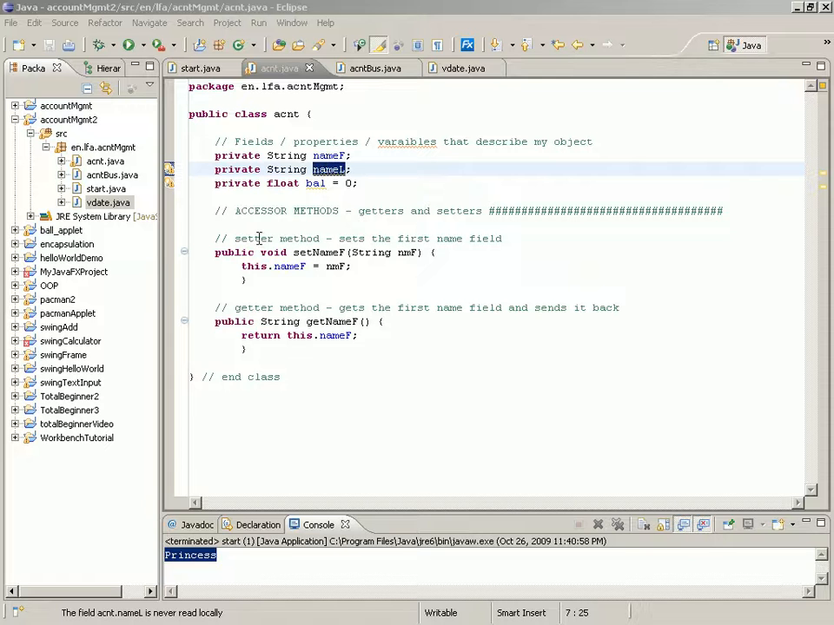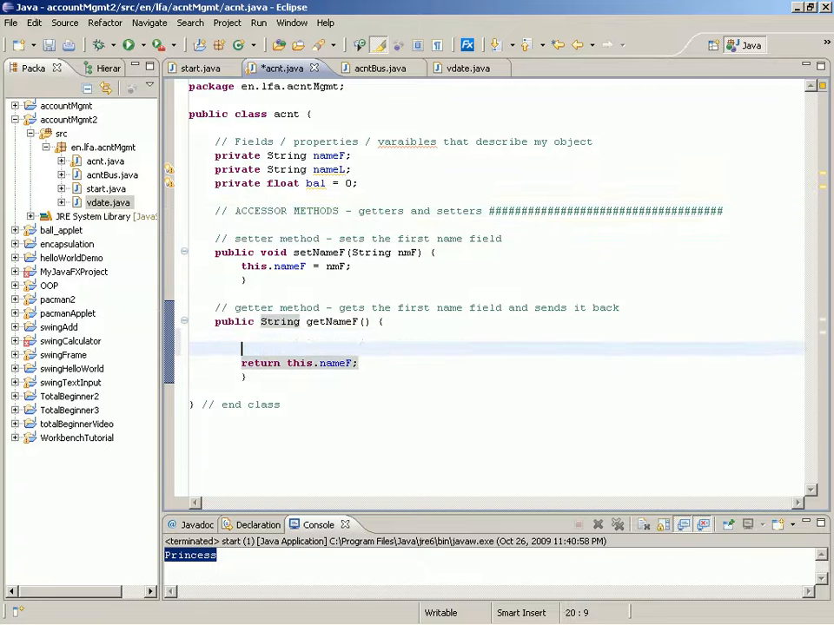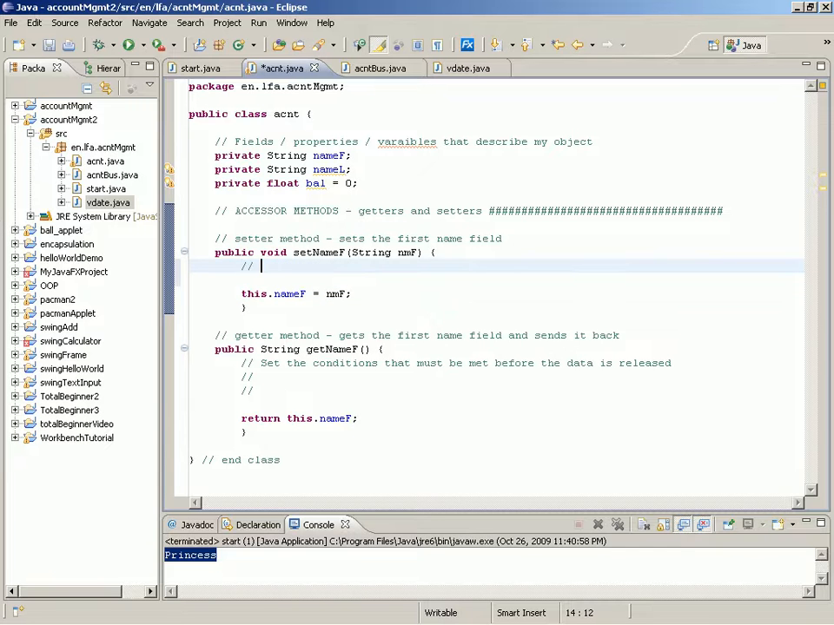Okay, so by using a getter method, a getter or an accessor method, what we can do here is we can set the conditions that must be met before the data is released, right? And we can set that here. And same thing with the setter method. With the setter method, we can set the conditions or create the